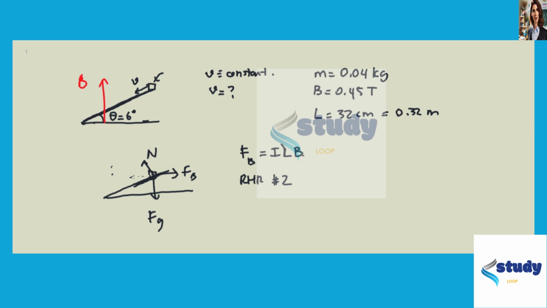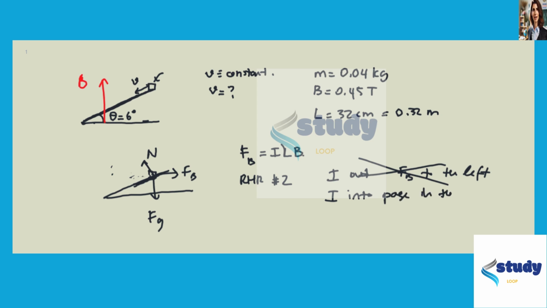When you curl your fingers 90 degrees, the tips of your fingers show the direction of the magnetic force. If I is out of the page on the bar, then F sub B would be to the left using right hand rule number 2, and this is not acceptable. So then the current must be going into the page